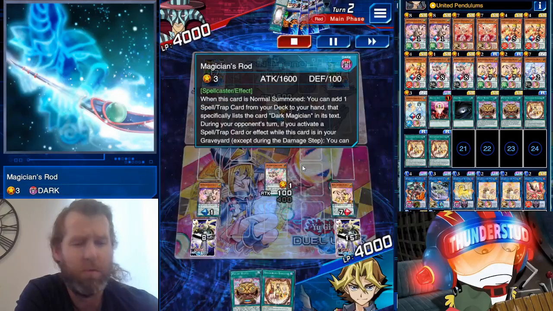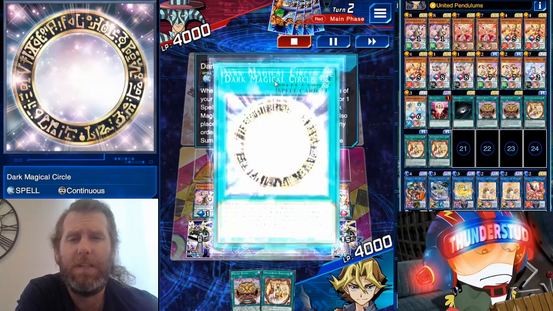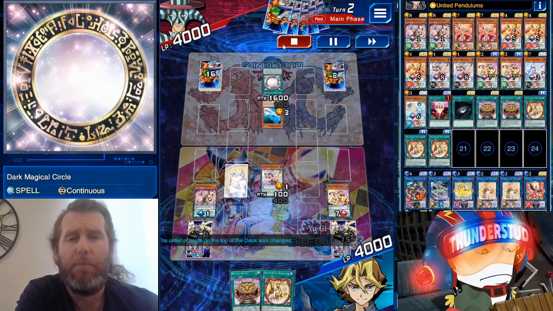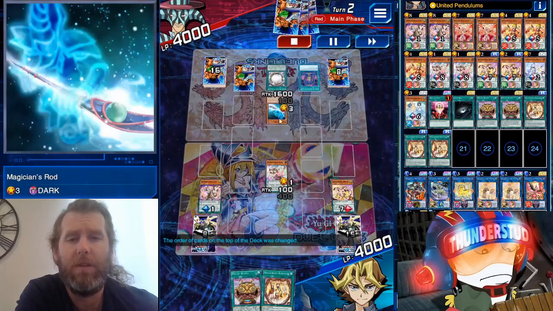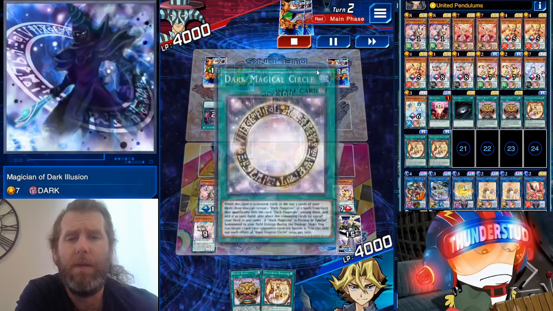Now here's Magician's Rod. Thankfully he might not OTK us. Dark Magician has a few more OTKs now thanks to that new structure deck. But when you're starting with Rod, Search and Soul, you're probably not going to hit us. He does have a Magical Dimension though, so he did mess this up big time. He could have